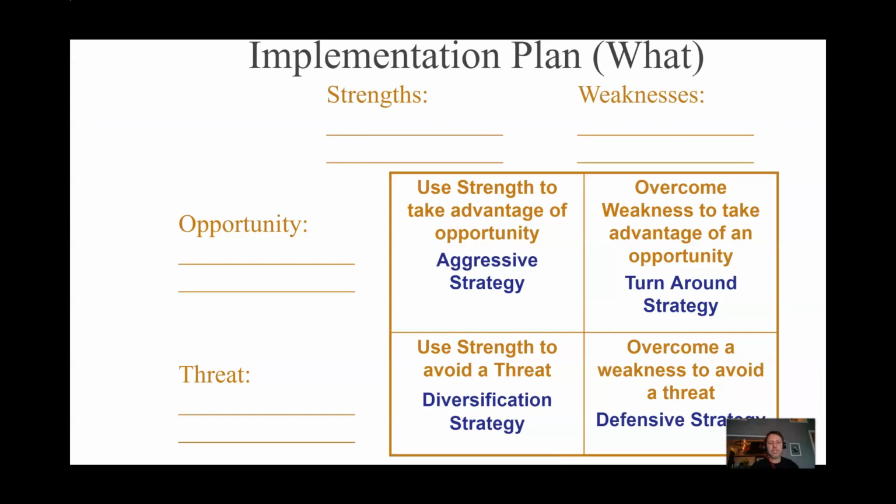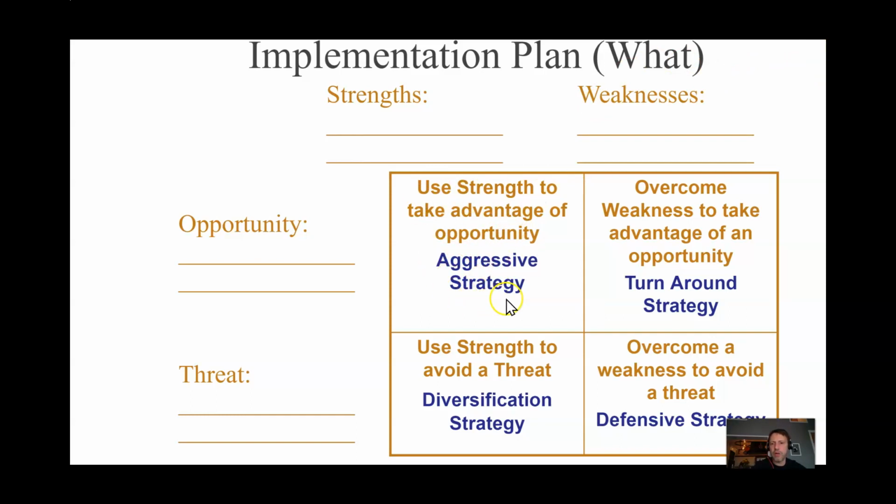So TOWS matrix takes use of the SWOT. And in the SWOT analysis, you should very clearly highlight, bold, make stand out those core things. And then minimally, I would say put 2 strengths, 2 weaknesses, 2 opportunities, 2 threats. Usually I build it with 3 in each category. And from that, you can begin to combine things. I usually number them. So maybe strength 1 with opportunity number 2. And that's going to mate up in this first box of using strengths to take advantage of an opportunity.